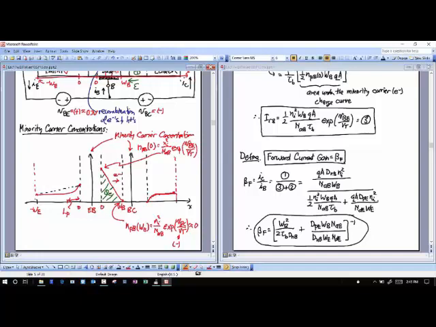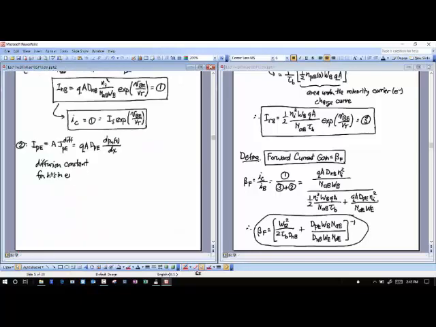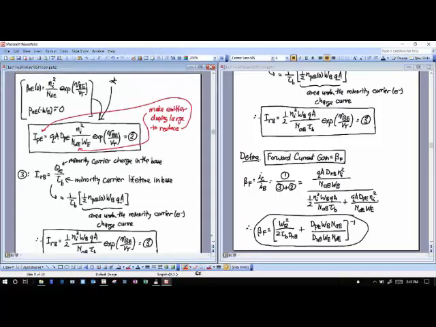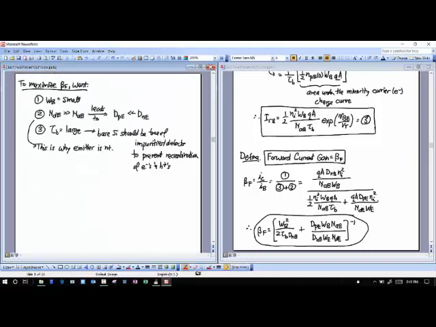All right, and so with the forward current gain, I could say more about what maximizes it. And so that's right here. To maximize beta F, I want WB to be small. I can just see from this equation here, right? I want the width of the base to be small. That's why I've made my base very small. I want the concentration of my emitter to be much larger than that of my base. I just said that. And I want tau B to be large. Right, tau B being large means that the electron in the base survives a much longer time. That's approximately what that means. It can sit in the base for a longer amount of time, which means it won't recombine very quickly.